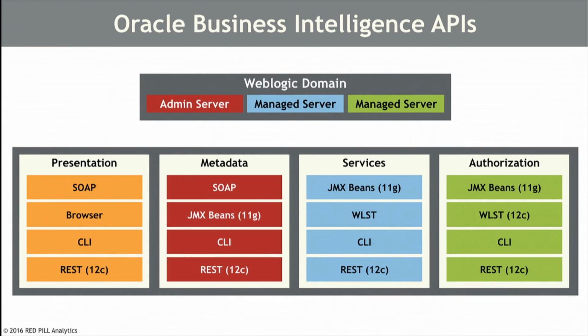Okay? So for those of you that don't know, WebLogic scripting tool, maybe you've worked with it, it's Jython. It's Python you actually use Jython, so it's easy to call Java classes. So it's a scripting language in Python that allows you to easily call Java classes. Okay? So these are all of the things. We have what's called the presentation server. We have a lot of APIs for interacting with that. By the way, some of this is overlapping. You've got older and newer APIs, so you don't have to necessarily use all of them. But these are the ways that we